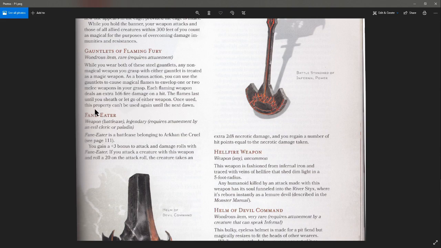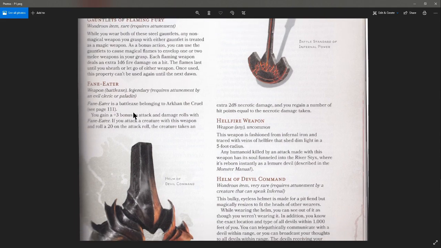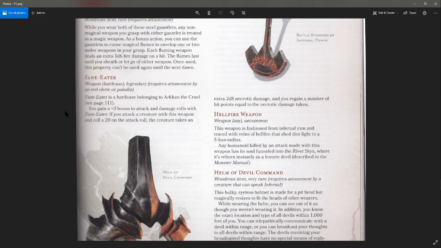Anyways, Fane-Eater, weapon, battle axe, legendary, requires attunement by an evil cleric or paladin. Very cool. Fane-Eater is a battle axe belonging to Arkhan the Cruel, see page 111, yada yada yada. We're not going to be going over that in this video. You gain a +3 bonus to attack and damage rolls with Fane-Eater. If you attack a creature with this weapon and roll a 20 on the attack roll,